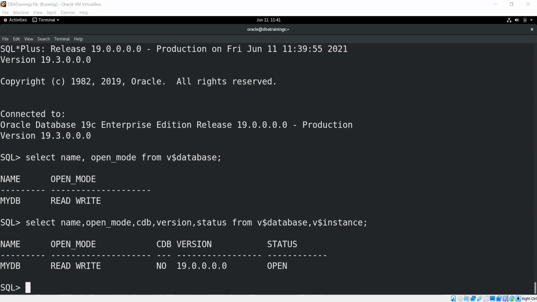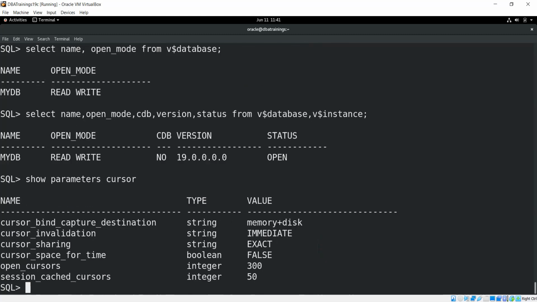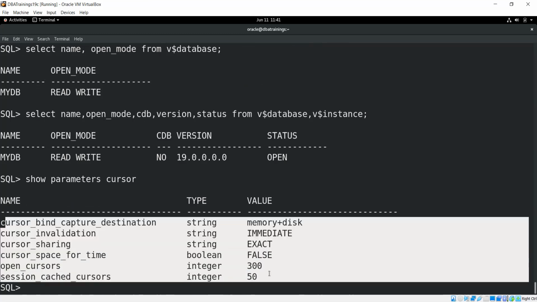Not only that, always make sure, as you asked, to check the parameters. If any need to be adjusted, that you can see.